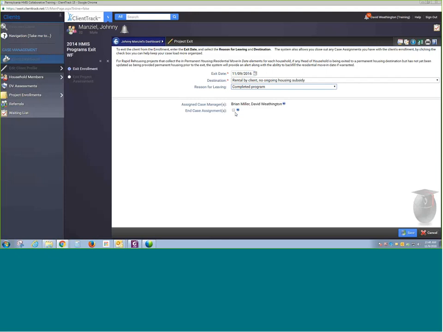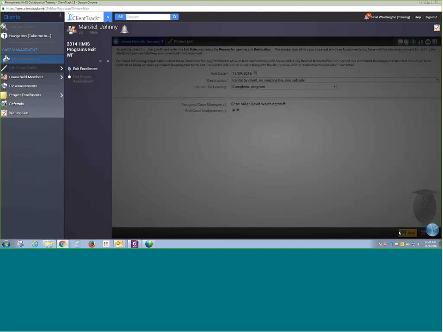Just real quick, the next thing is if you're a case manager working with a client, and you successfully put them into housing, but you still have to provide them case management while they're in that housing, you want to make sure that this box is not checked. But if case management has ended since you found them housing, then you want to go ahead and check off this box so that they are then closed out of your active case assignments anymore. You go ahead and click Save,